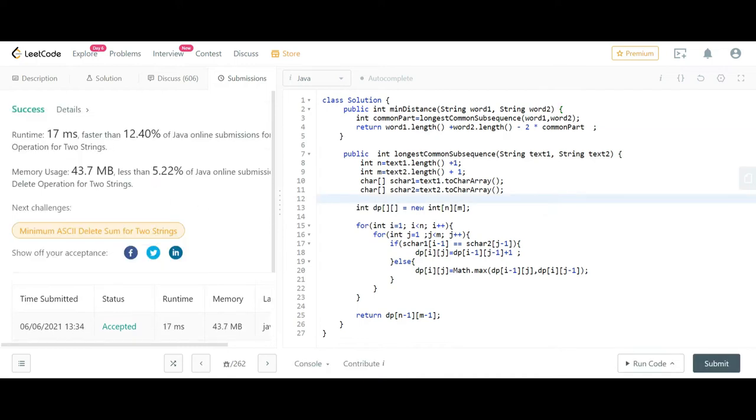Now, you can solve it using your normal DP technique also. For that purpose, you have to make a little bit of change here and here in the logic part. Then it is the same problem, the solution will come. That we will check now. Now we will discuss how normally we can achieve this without using the previous technique of longest common subsequence.